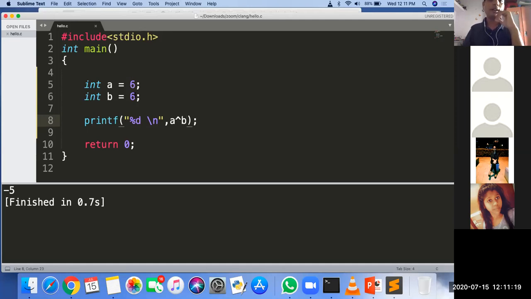Actually, there is again a formula: if the two operands for the XOR operation have the same value, the result is always 0. No need to convert into binary and do the XOR operation. Directly you can tell the answer.